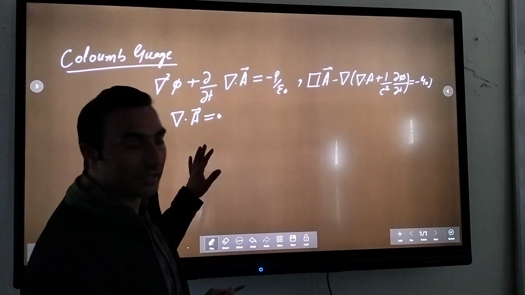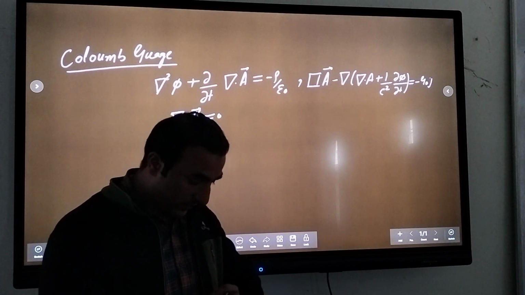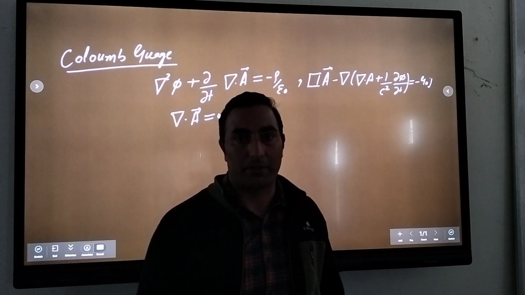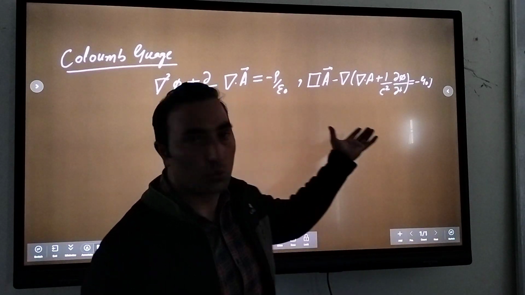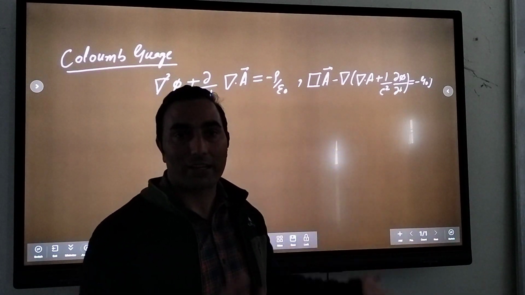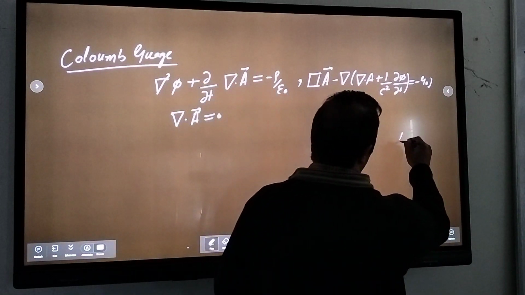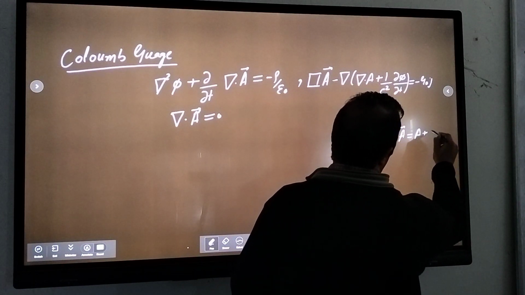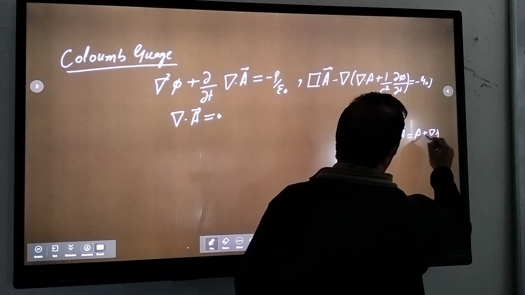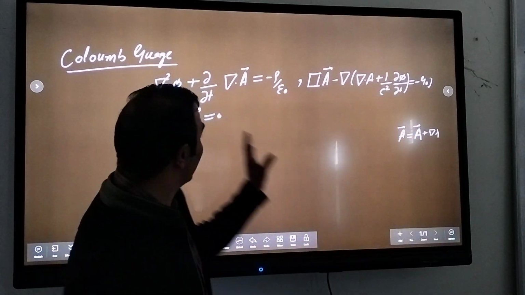So this is telling us that, for example, our vector potential is not uniquely determined, so its value is not unique. Because if you choose that vector potential, you can write some a in terms of a plus some gradient of some scalar function, some constant, right? Okay. So that means at different points this potential has